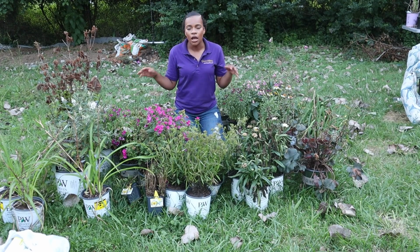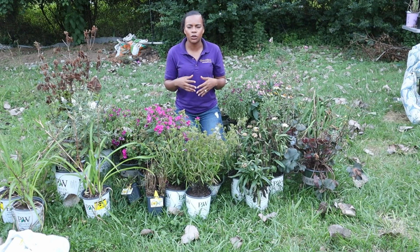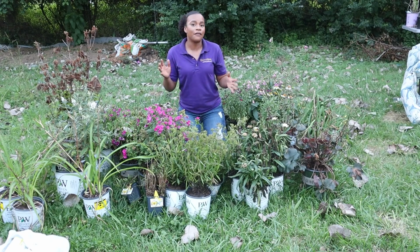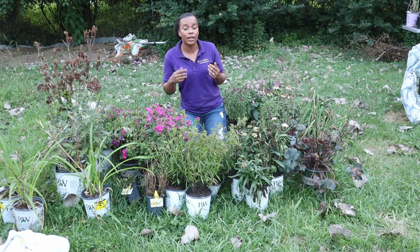So before we get started, for those of you who are unaware, Lowe's is now doing a different system. They're doing like a tiered system with their clearance plans. They have a new policy in place, and it's not as sweet as it used to be with like 75% off plans,